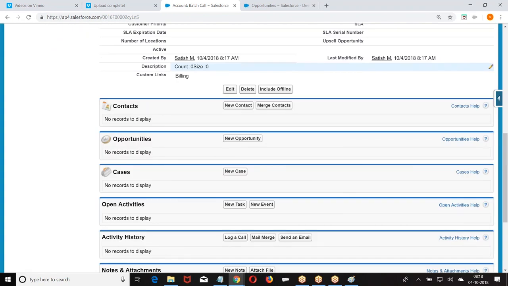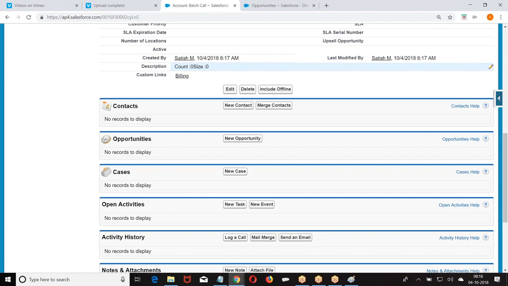Let us say I have 1 lakh records. I told it to group all the records as per the owner. Owner, list of opportunities. I have 1 lakh opportunities, and I told it to group them according to the user. User, what are the opportunities you own? User, opportunities that you own.